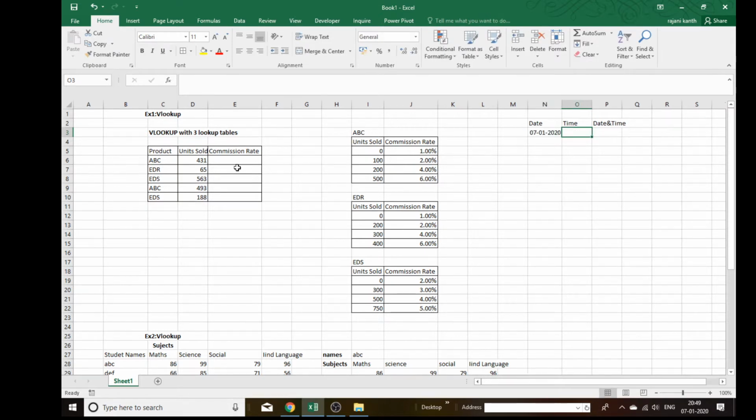Then if you see the Excel tomorrow, it will show 8th January 2020. Understood? Now, control shift semicolon gives the current time. Current date, current time, here both will display.